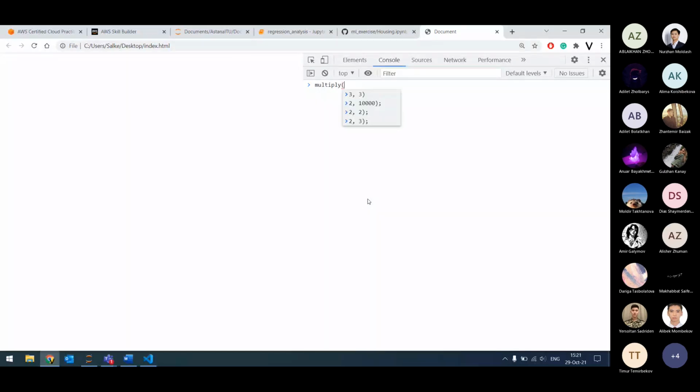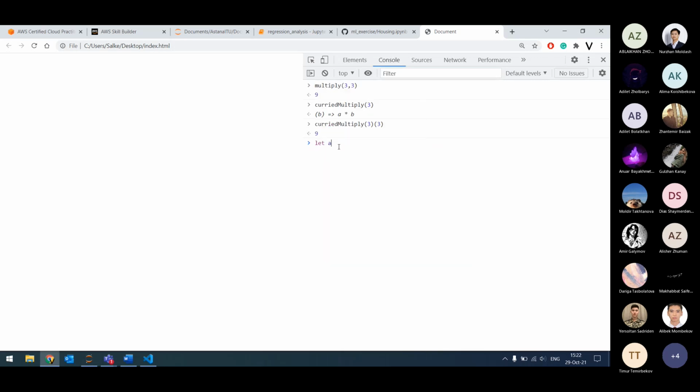Okay. So with multiply, we need to provide 2 input values. With the curried multiply, we can provide only 1 value. If we provide 1 value, it says it expects the second input. So we can say curried multiply 3 and 3 is going to give us 9. So you may think, oh, it doesn't make any sense. Well, it makes sense if we use